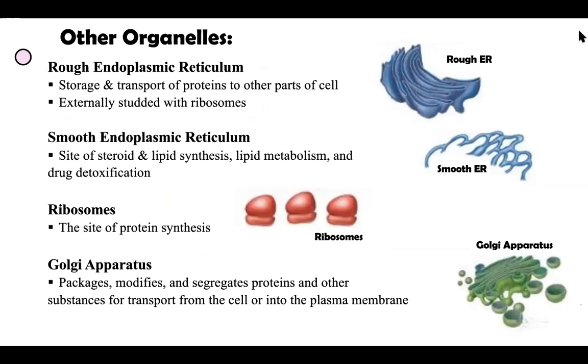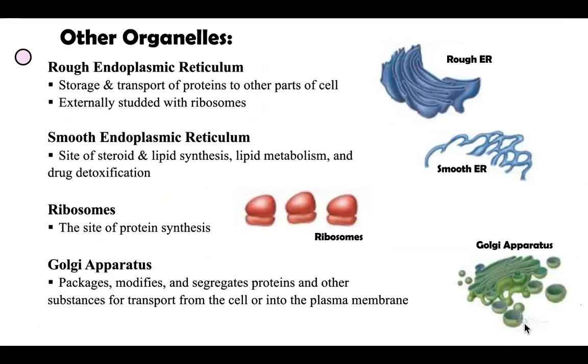Next up, we have the rough endoplasmic reticulum. It appears studded with ribosomes, giving the rough ER its appearance and name. It sits next to the nucleus in the cell and is continuous with the nuclear envelope. Due to the studded ribosomes, the rough ER is responsible for the synthesis, modification, and transportation of proteins throughout the